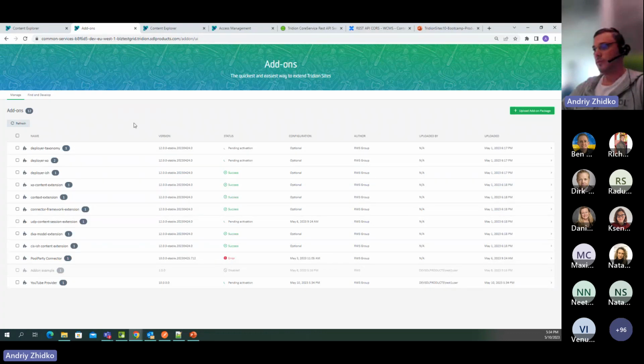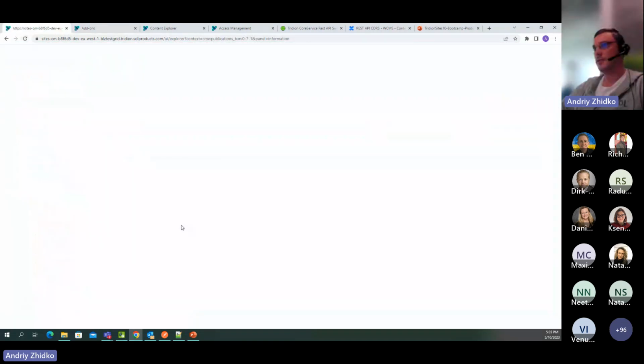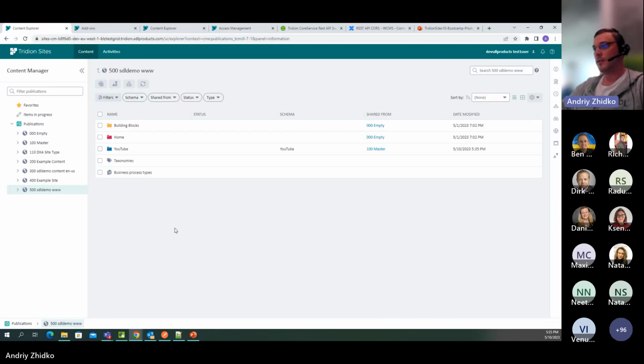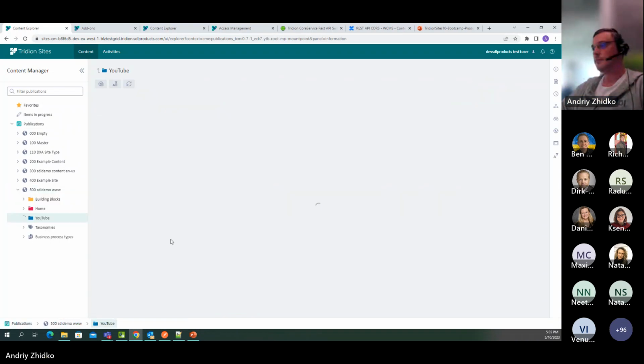Let's give the system a couple more moments to synchronize the data. I'll just reload and see if it got all the data already. Okay, as you can see, I have my YouTube connector. I can navigate, browse, and do whatever I need with